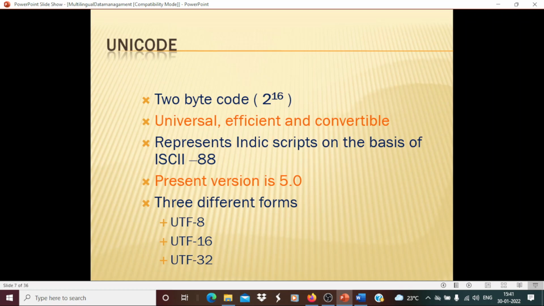Because UTF-8 reduces the network overhead. Suppose I have a document written in both English and Hindi. It will convert the English part in 8-bit and the Hindi part in 16-bit, because originally Unicode is a 16-bit code. So all non-English languages or scripts will be represented through 16-bit, and English characters and Indo-Arabic numerals will all be represented through 8-bit. That takes less network coverage and bandwidth,